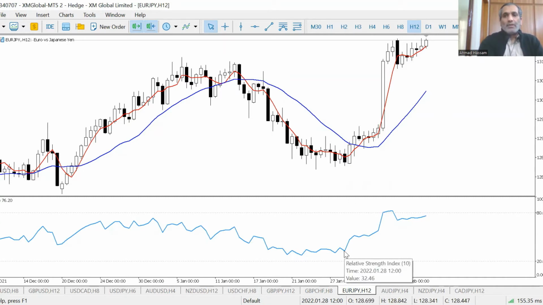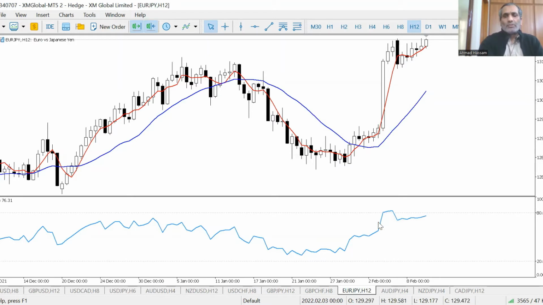In RSI, when price is oversold, most of the time it will go up and become overbought. Then it will go down and become oversold. So this oscillation always continues.